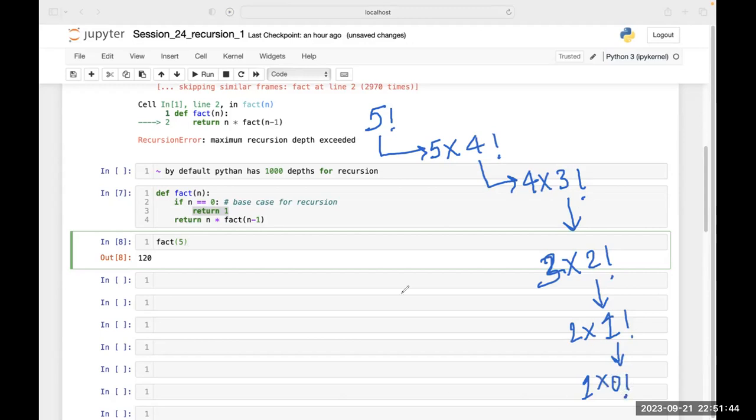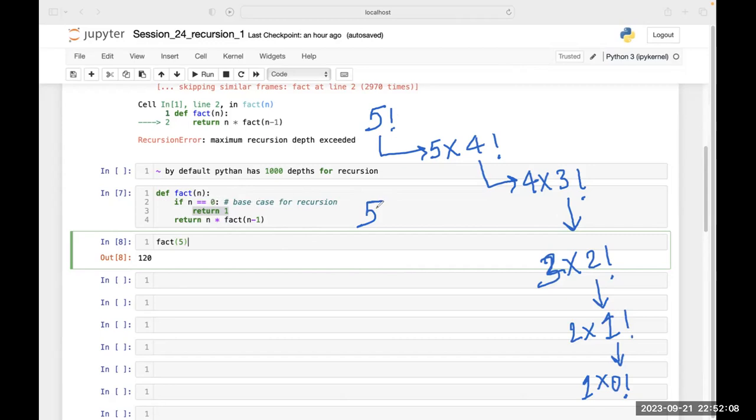Fine. Now, when n is equal to 5, it will keep on checking, is n equal to 0? First, if I supply it with 5, what is it checking? It will check if n is equal to 0.